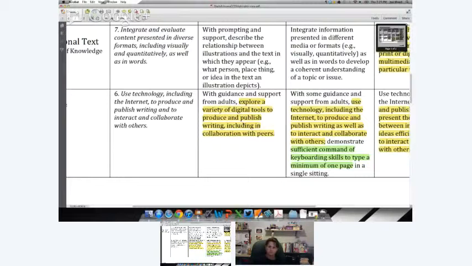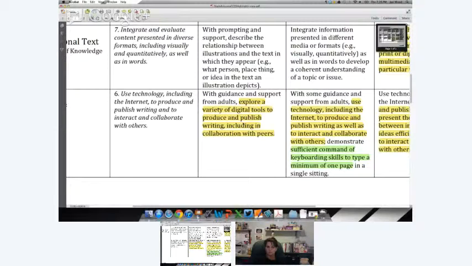So maybe as a class you write a blog together, or build a movie together, or start creating podcasts together. Now, they're doing it with the support of adults. So this doesn't mean you just say, hey kids, work on your iMovie on the Macs and walk away. You're probably doing this as a whole class in kindergarten with a gradual release to maybe small groups by the time you're in 2nd grade and the kids have a little bit more independence. But it's this notion, once again, that they're able to publish in different ways and experiment with tools.